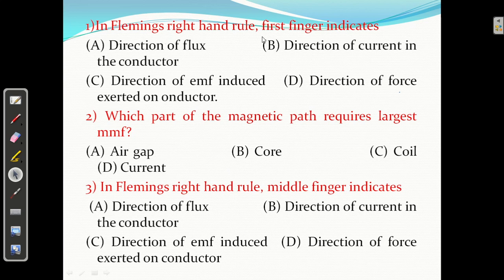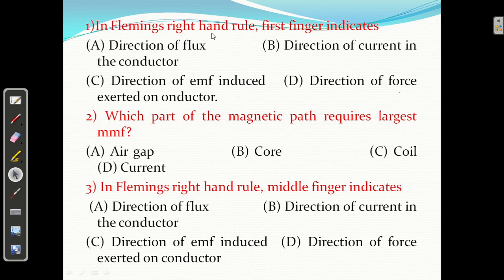Left hand rule: the first finger indicates. You know what Fleming's left hand rule is? Fleming's left hand rule is applicable for motors. What is the purpose of a motor? To convert electrical energy into mechanical energy. Electrical energy means one finger should give the direction of current. Mechanical energy means one finger will give the direction of magnetic force, and this energy conversion is possible in the magnetic field. One finger will show the direction of field. Without a magnetic field, energy can't be converted from one form to another.